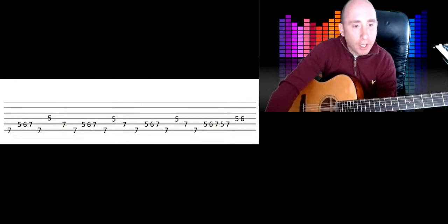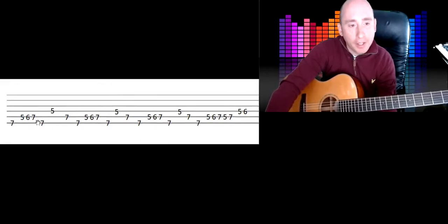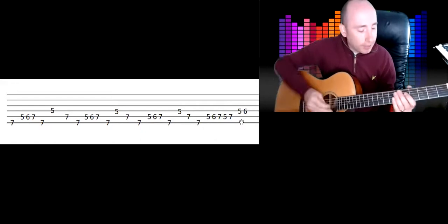So to look at it without it, that's what it looks like without. But if you were to just look at that, you probably wouldn't get the timing right. You wouldn't know that the first beat's on this 7, and then on this 6, and then on this 5th. So okay, so we're ending on that 5/6 there,